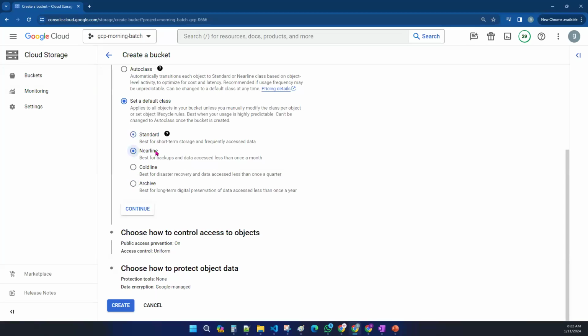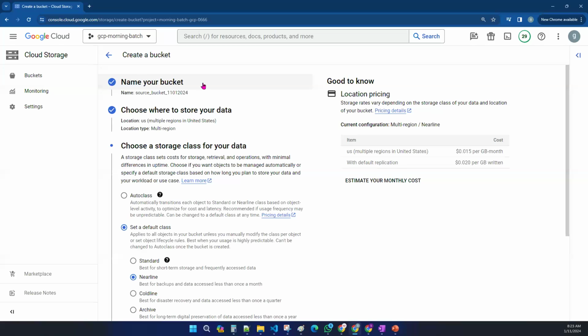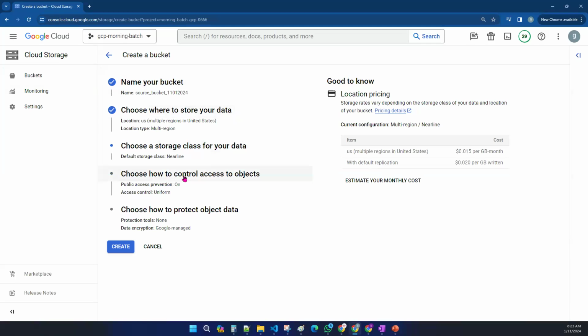You can also change it later. For now I am selecting nearline. Later point of time I can also change it. Okay, so that is how you select the storage classes. We have selected the bucket. We have selected where to store the data. We have selected the storage class for my data. And the next thing is